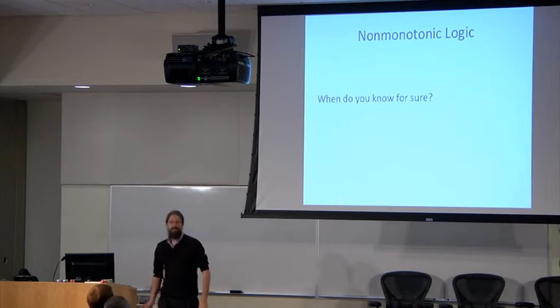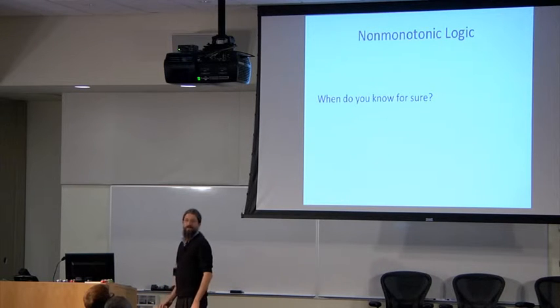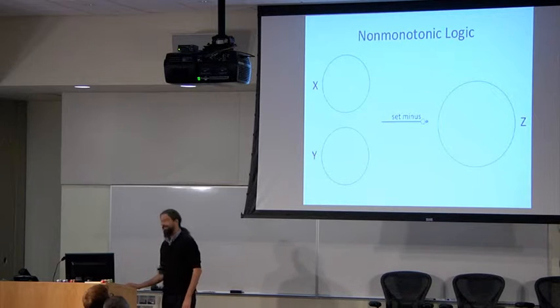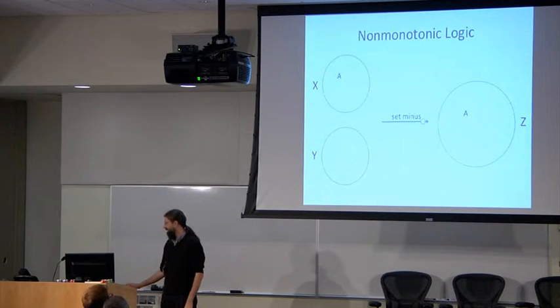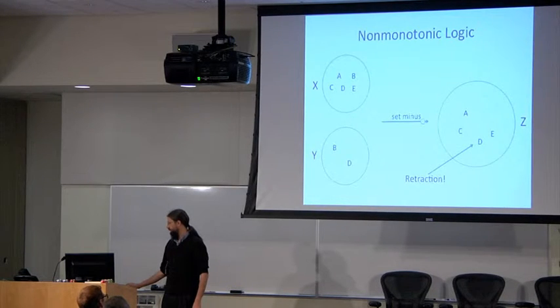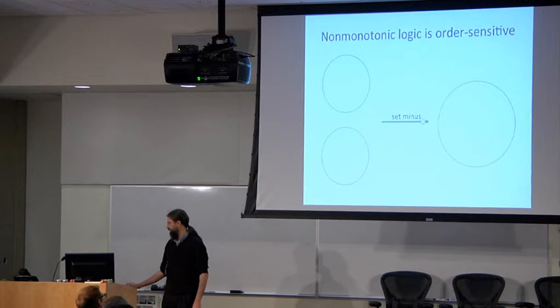right? Now, non-monotonic logic is all logic that doesn't have those nice properties, that my outputs may shrink as my inputs grow, right? So the canonical example is set minus. As I add to x, if I define z as x minus y, there's a great deal of uncertainty about what I can assert in z. So here I'm sort of eagerly asserting things in z, and as something appears in y, I have to say, psych, sorry, I hope I didn't spend too many resources speculating on that, and I hope I didn't tell anybody from whom I can't take it back.